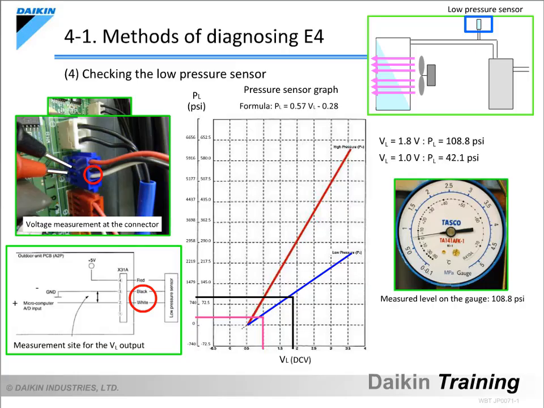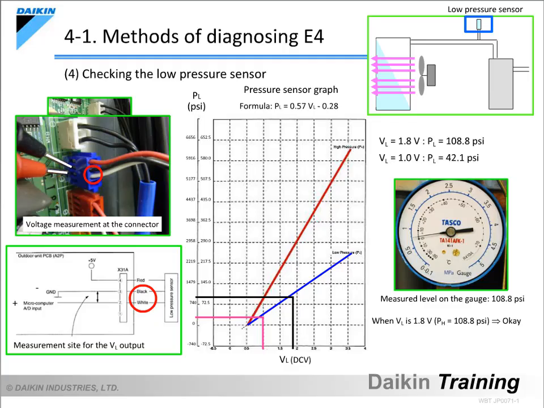If there is a discrepancy between this detected pressure level and the actual pressure level measured by the pressure gauge, it indicates a false detection of the pressure level by the pressure sensor, and the sensor must be replaced. When the measured level on the gauge is 108.8 psi, for example, it corresponds with the pressure level detected by the pressure sensor when the VL is 1.8 volts. In other words, there is no problem with the pressure sensor,